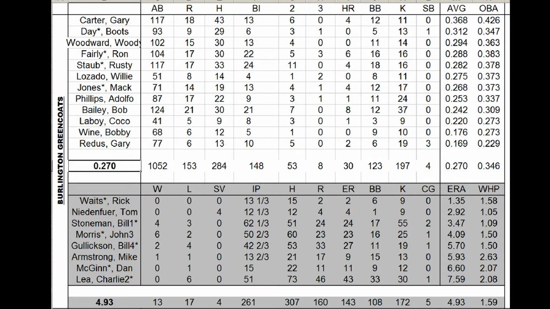If you look at the left margin, it still has the old name, Greencoats, kind of named after the Green Mountains of Vermont. But of course, it's the Expo logo, and I'm calling them the Burlington Expos. I'm going to use the Montreal Expos history when I add players and so forth. I know it's a kind of long little story, but these are the stats of the Expos we're looking at. 13 and 17, still in that expansion realm.